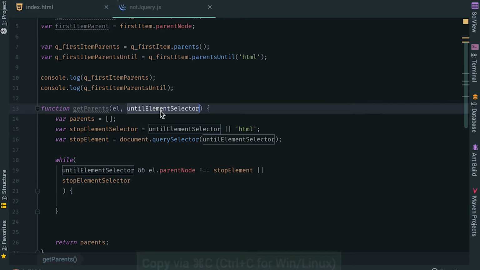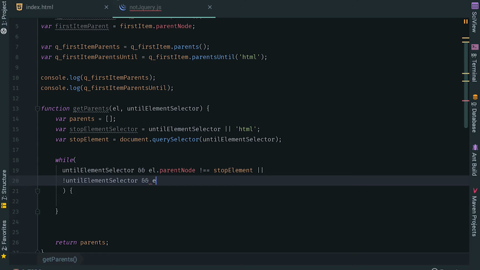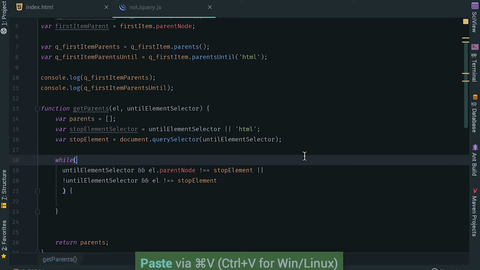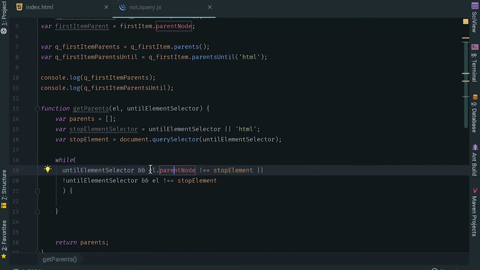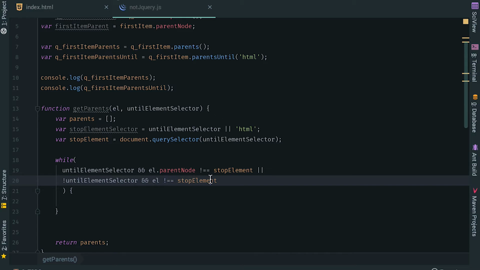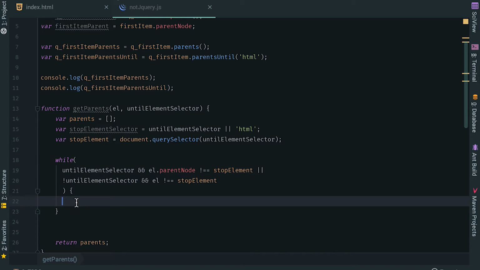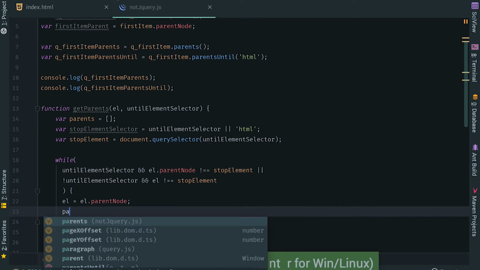my bad, so no until element selector, and the element is different than the stop element. Pretty cool. Let me explain again. If they give me the selector, I want to check if the parent of the element is different than the stop element. If they don't give me one, I just want to check if the element is different than the stop element. To further understand this, you see here, element, I'm going to assign to element.parentNode,